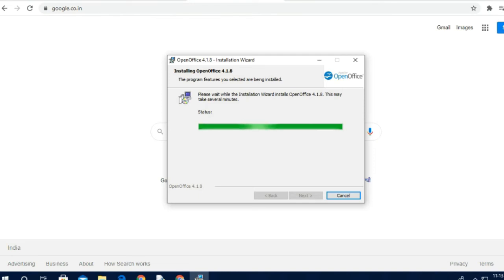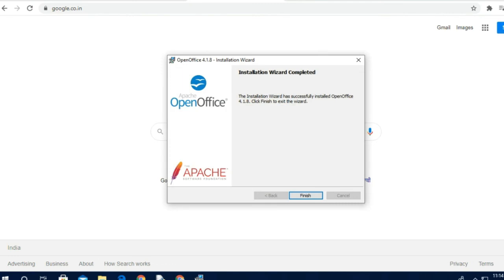When the process is completed, then you have to watch where the file goes. While installing, I have selected that the shortcut will be available on the desktop. As soon as this process completes, I will show you that the link will be directly available on your desktop, from where you can simply open OpenOffice. You can see the process is just about to complete. Yeah, it's completed. Now you will get a finish option. Yeah, finish is highlighted.